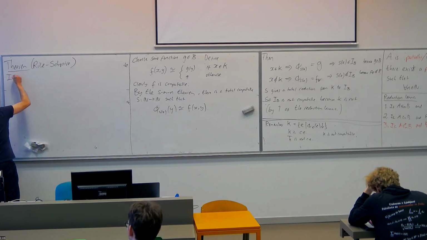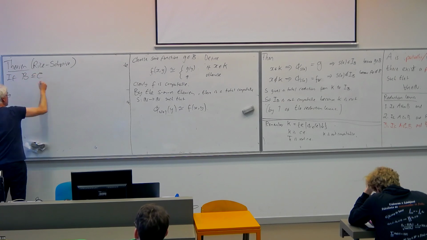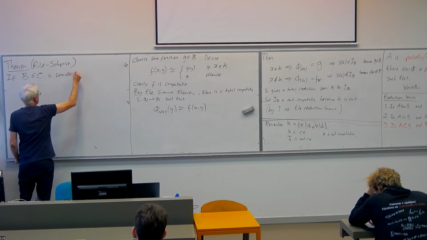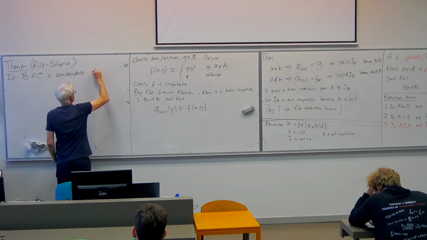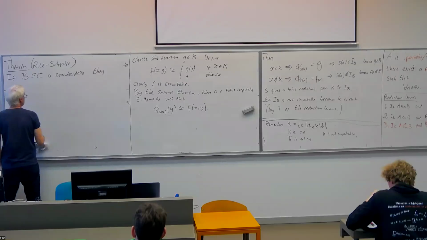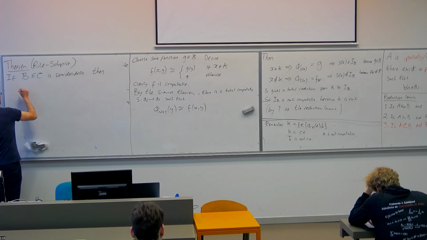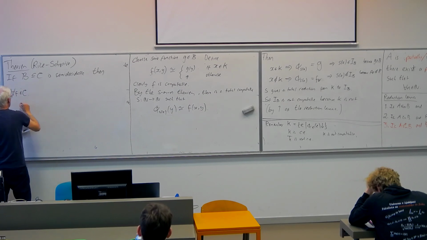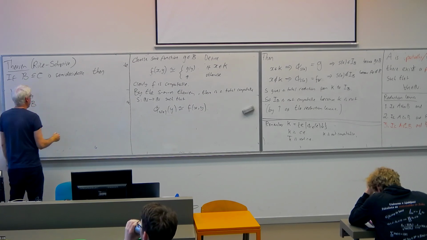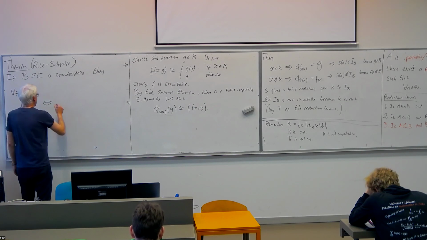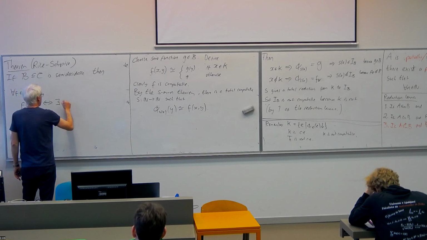It says if you've got a semi-decidable set of functions, the following holds: for all computable partial functions, f belongs to B if and only if there exists some finite function